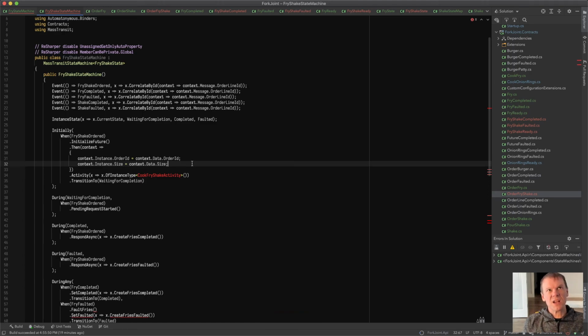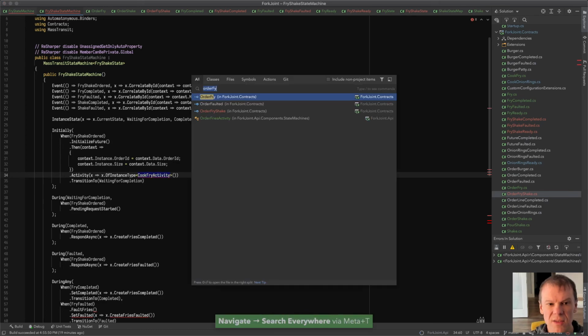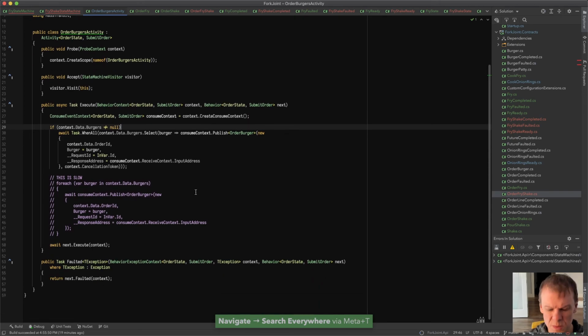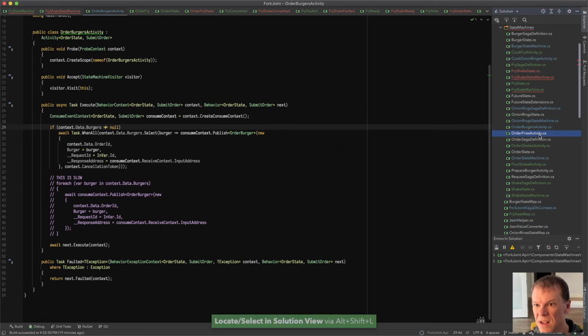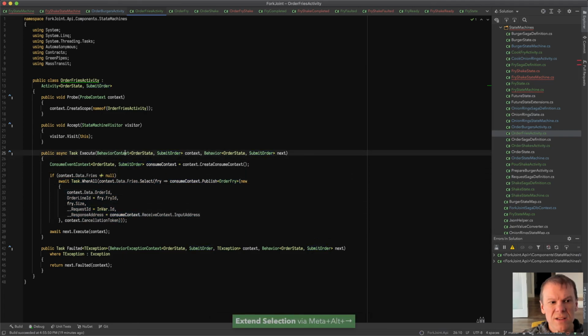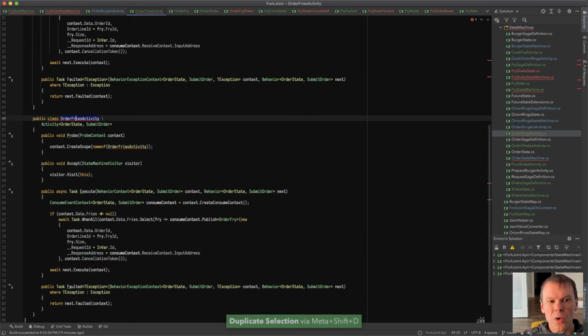We're going to actually send a fry. So we have a cook fry shake activity. That's not going to work. We're actually going to have an order burger activity. No? Yeah. Order burger activity. So this can be similar to the order fries activity. I think that's cleaner. So when we order a fry shake, I picked the worst place to expand selection on that one. So when we have an order fry shake activity,